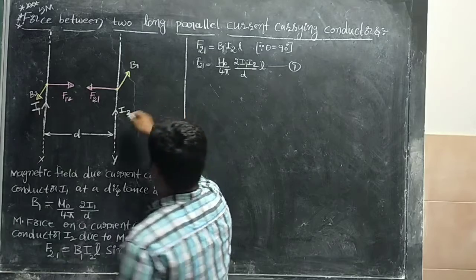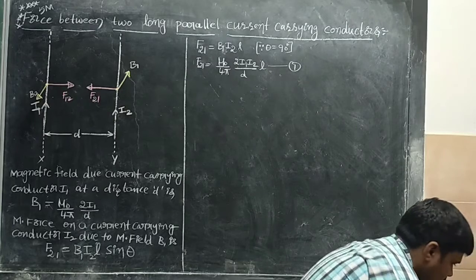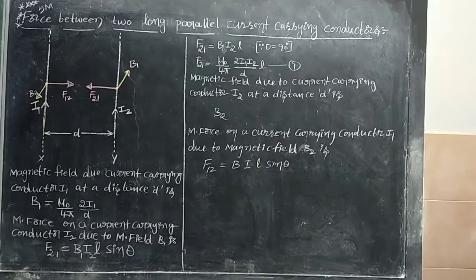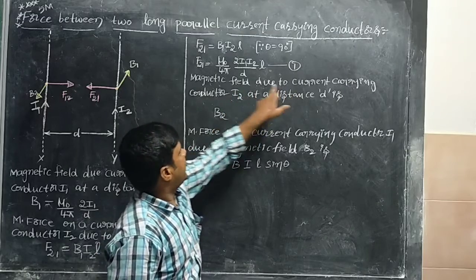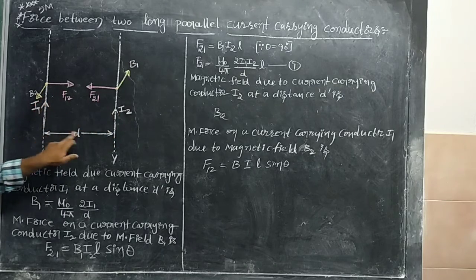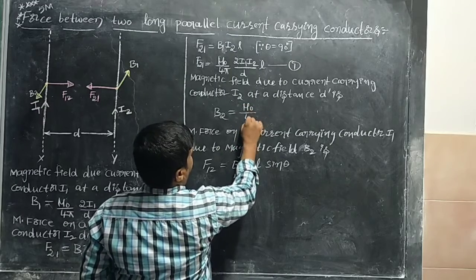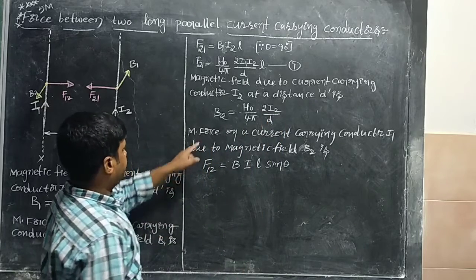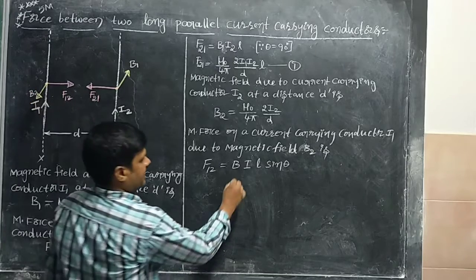So here once again we will write for this conductor in the same manner. Let me have the continuation here. Magnetic field due to current carrying conductor I2 at a distance d is B2. So that magnetic field is nothing but mu naught by 4 pi into 2 I2 divided by d. Thereafter, magnetic force on the first conductor due to this second magnetic field is nothing but